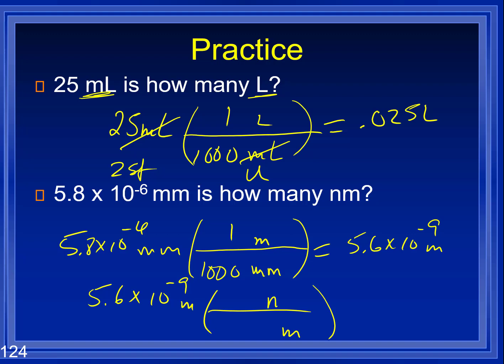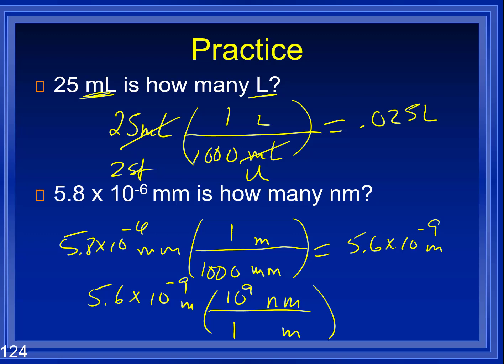I can change it into nanometers. I can put the prefix on. Which is bigger, a meter or a nanometer? Meter's bigger, so it gets the 1, and the nanometer gets the 10 to the 9th. Now, if you want to push this into your calculator, you don't want to push 10 to the ninth. Okay? To push this into your calculator, if you feel the need, you would push